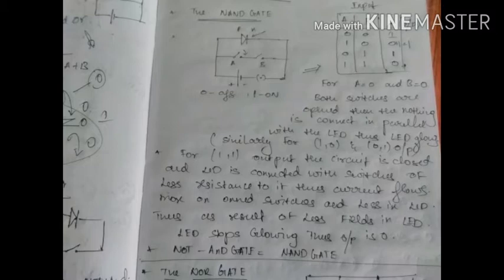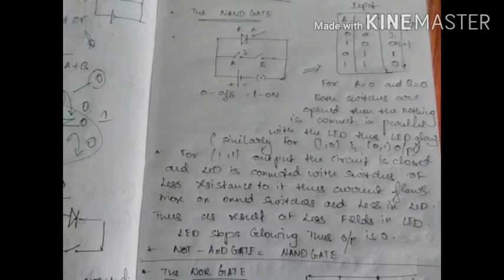So guys, as you can see in the circuit, the LED is directly connected to the battery and the two switches in parallel with a main switch to allow the current flow. So when you give A 0 and B 0 input, both switches are off, which opens the circuit and doesn't make the second wire part of the circuit. So when you give inputs as 0 0, 1 0 and 0 1 respectively, the second wire does not become part of the circuit. So thus the output displayed is 1.